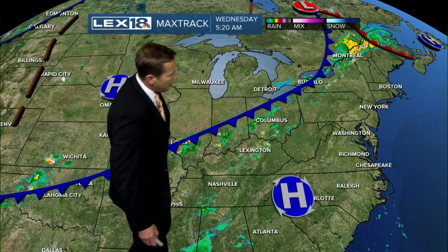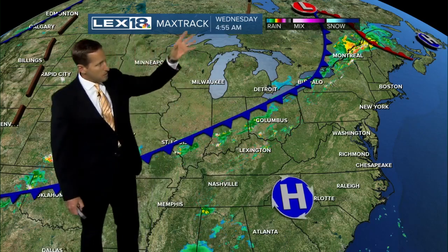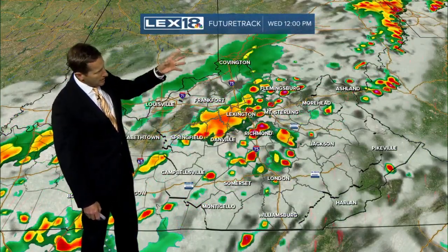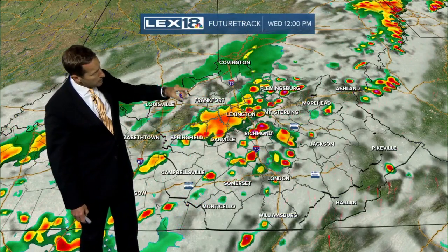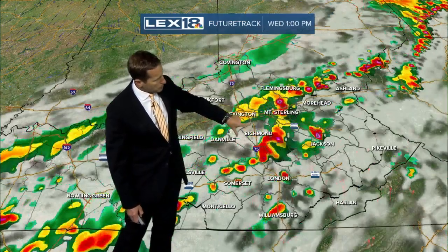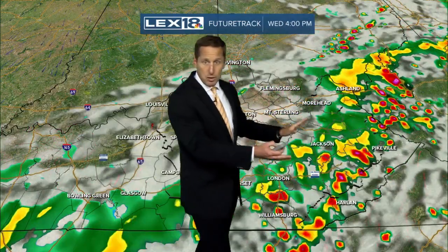And it's a wide-ranging boundary there. It runs all the way from North Texas up into Canada. So this boundary that's been hung up over Ohio and Indiana the last couple of days is finally dropping south. So in towards lunchtime in the afternoon, this is where we start to see the potential for some stronger storms. You get the front coming in plus daytime heating, and all of it's gradually going to shift into our eastern